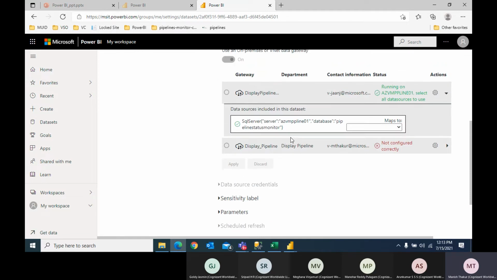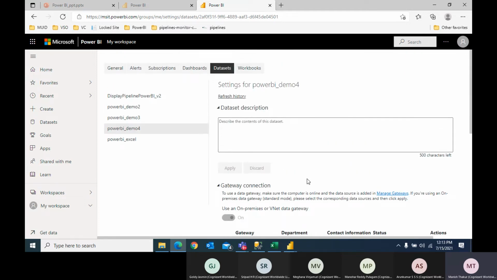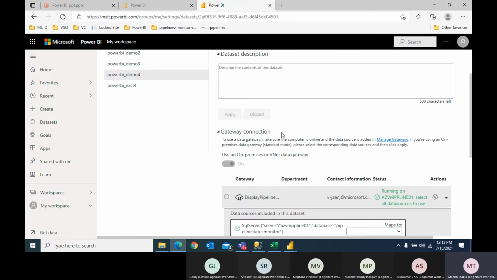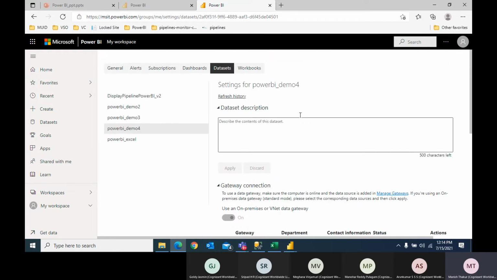Now it is deactivated. Why? Because recent changes are all connected to Azure services, so Azure will automatically do all the refreshing, and we don't have to add a separate data source. That's why these options are disabled.